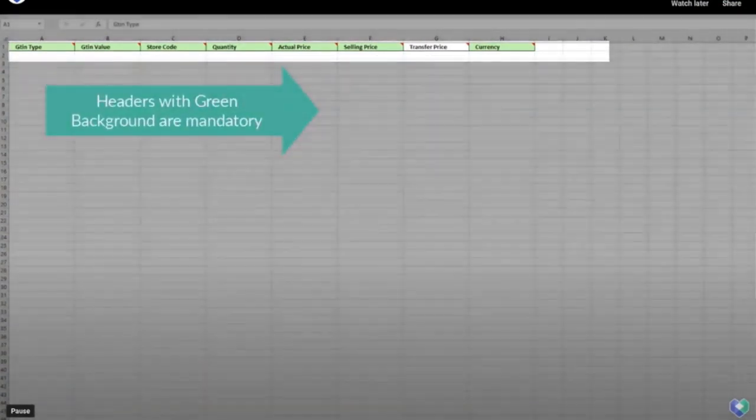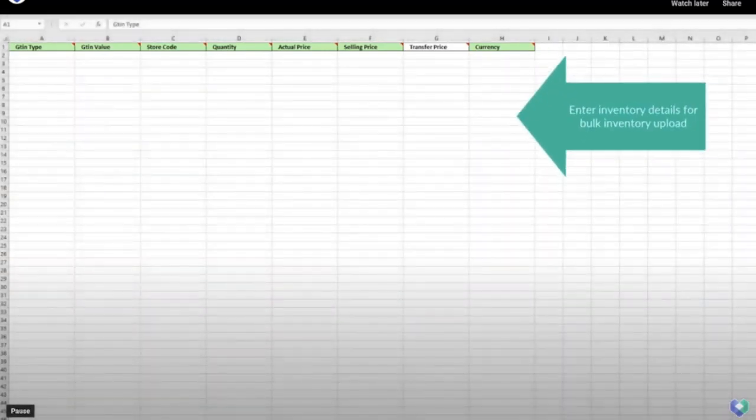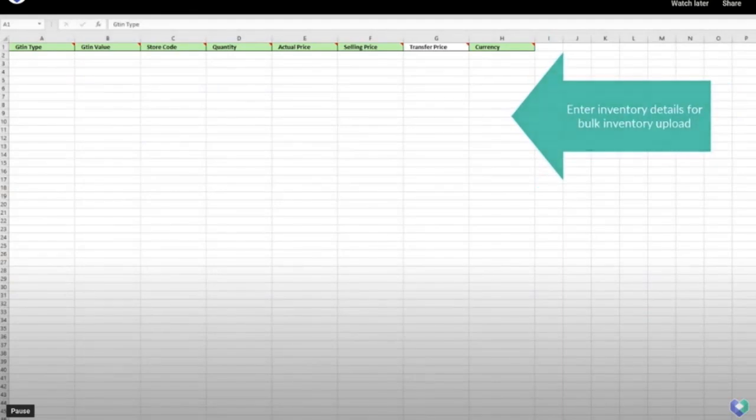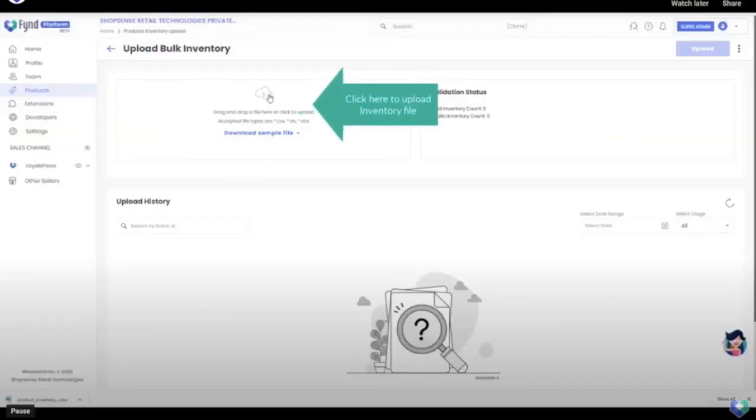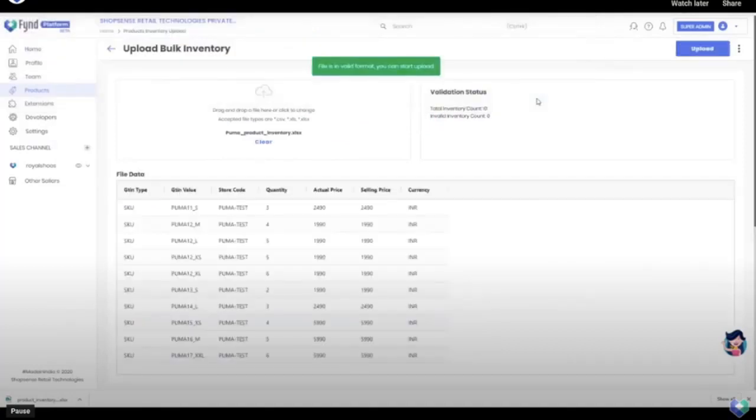Unlike the catalog file, in inventory only one column is optional, which is transfer price. All other columns are mandatory. You have to fill in the GTIN type, the GTIN value, the store code, the quantity, price, and currency. Once your file is ready, similar to catalog, you can see the preview of your uploaded file.